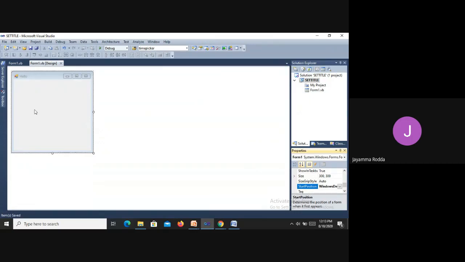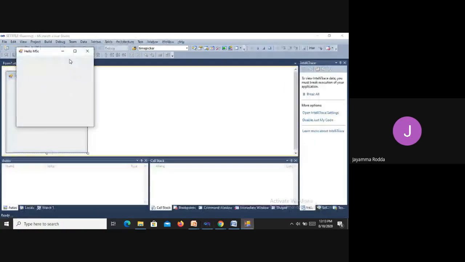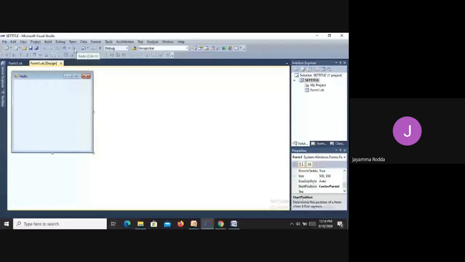Okay. Whereas center parent, let us apply the last thing. It will position the form as centered within the bounds of its parent form. So two forms we need to have.